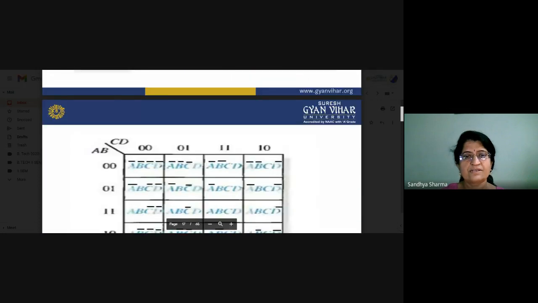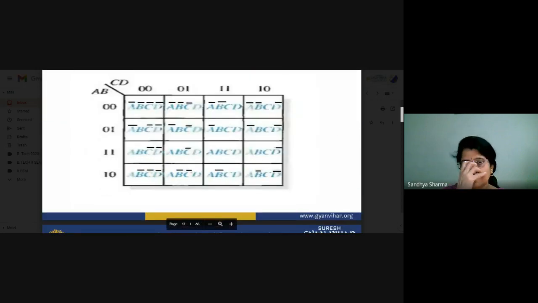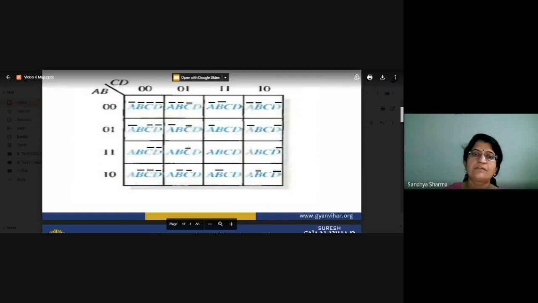Now just see here. Again, this is the variable. If you are given A bar, B bar, C bar, D bar, 0 0 0 0, what is the basic cell content? 0 0 0 0. If we want to write the next cell, what is the cell content? 0 0 0 1. And then 0 0 1 1. So this cell content, how can you write it? What is this number and what is this number?